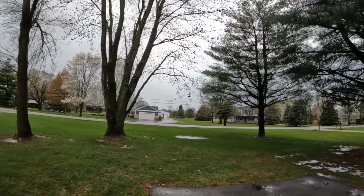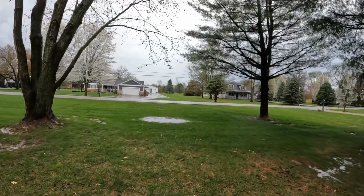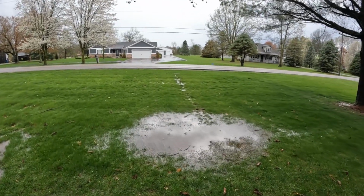And you know, I've had a lot of people ask me for an update on my dry well. In all honesty, I did the dry well 3 years ago, and there's only been a small handful of occasions when it actually filled up completely, so I didn't have a whole lot to report on. But we've had so much rain over the last 24 to 48 hours that I wanted to show you guys my dry well. And if you look back at my video from 3 years ago, you'll see that I